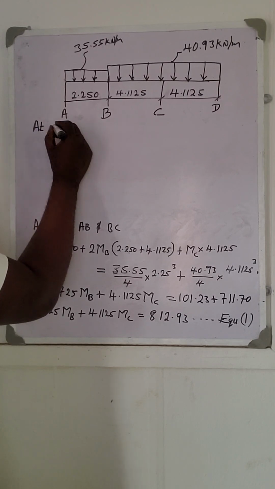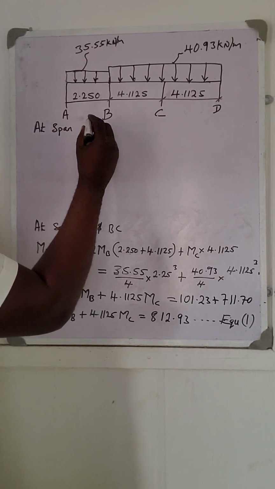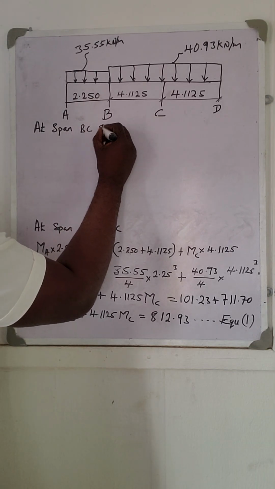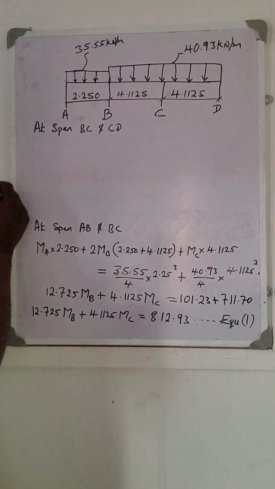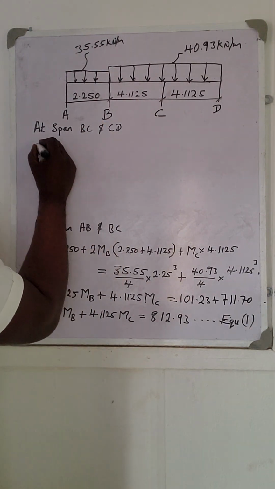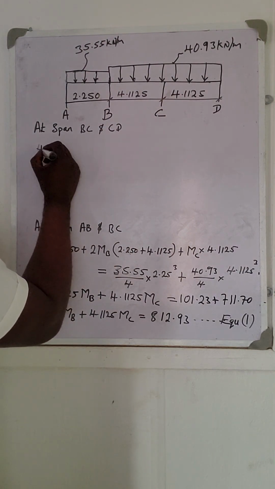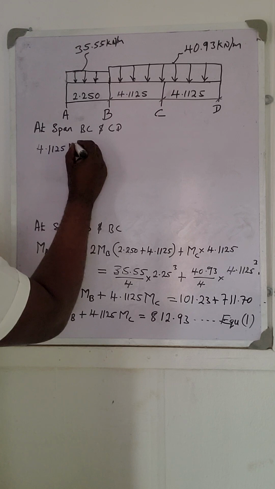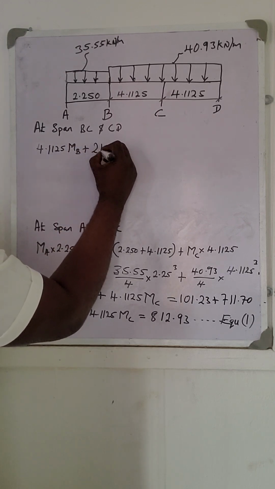At span BC and CD, we now have MB, that's 4.1125 MB plus 2MC into